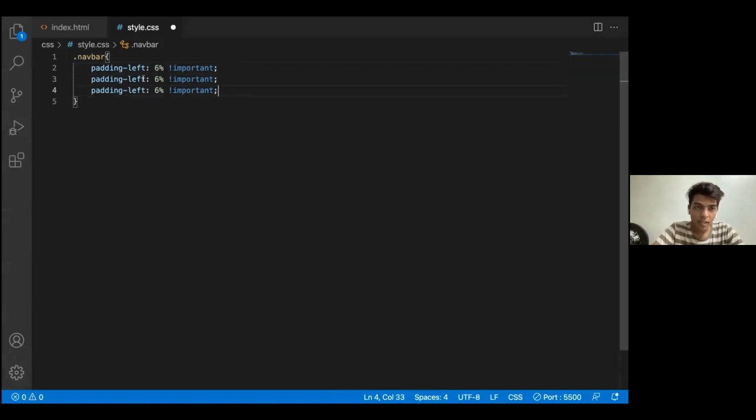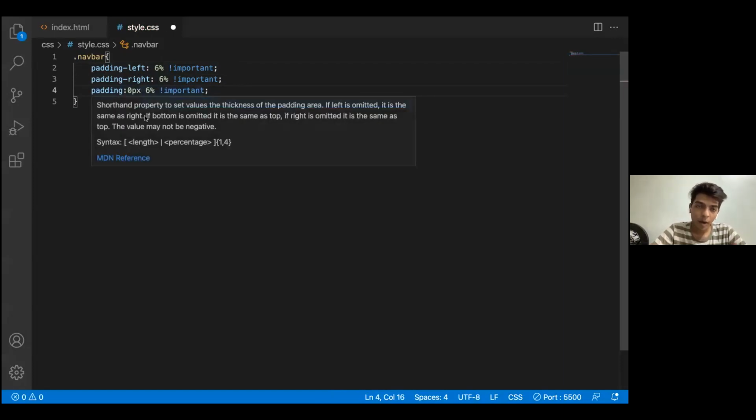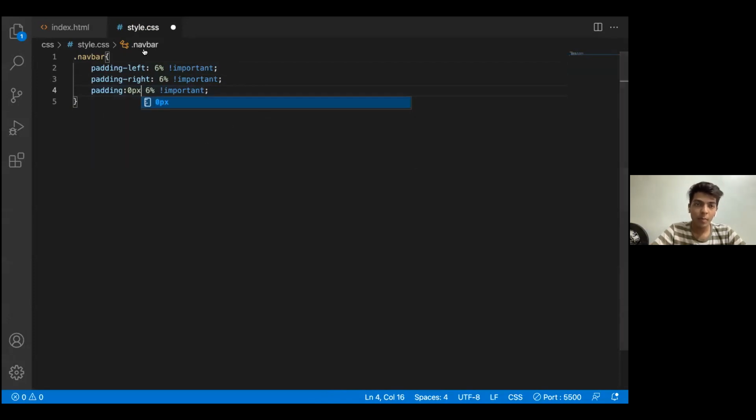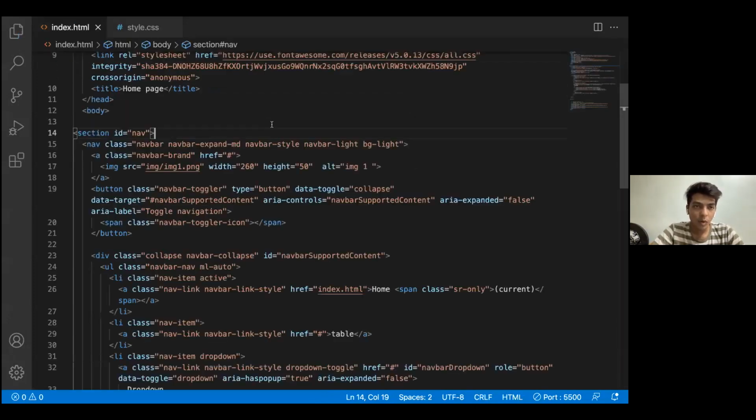So I'll be copy pasting it. I'll be giving this padding left to padding right, and I'll be tweaking this padding as just padding. This would be 6%. I don't want anything to happen to my top, so I'll be giving it 0 pixel. I just want my padding of 6% to the bottom. I'll be just saving it up, and we'll see what happens now.